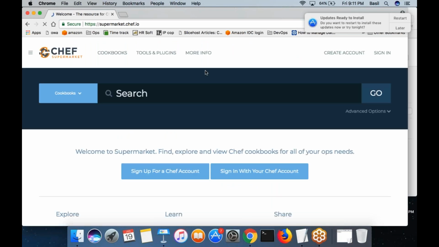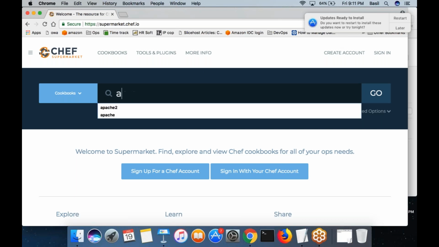From here you can search for cookbook. These are all different professional cookbook that you can search for. You will get a list of them and you can simply download this cookbook and use them. You can download this cookbook into your workstation, into your cookbooks folder. Then you can start using them, right? You don't really need to write them from the scratch. And basically they will have the documentation how to use it, or you can just take a look at the recipes. Then you can easily understand what is being done, right?